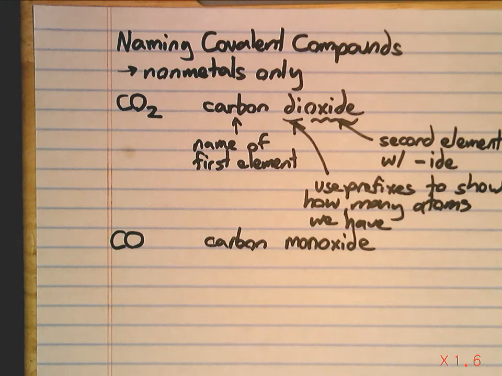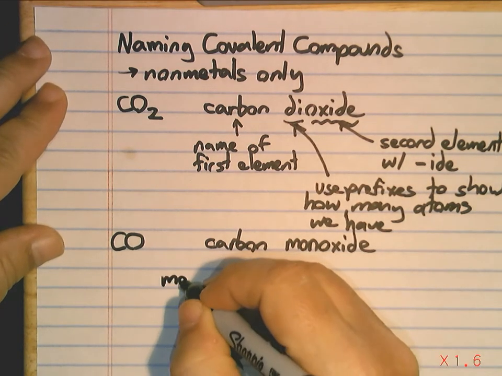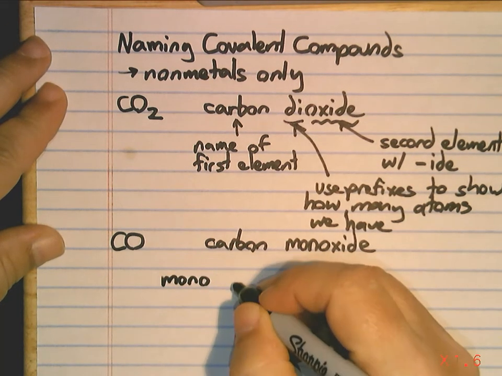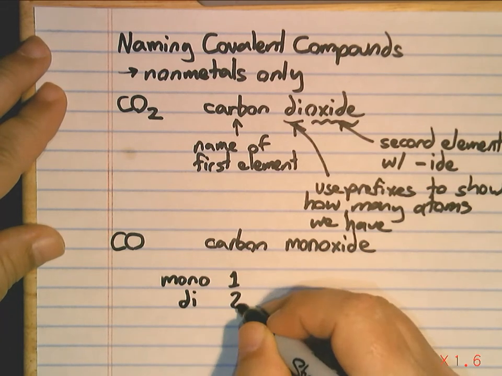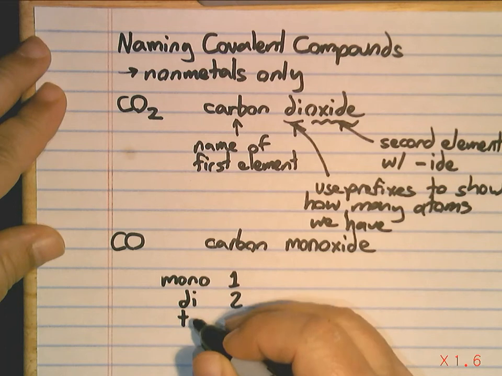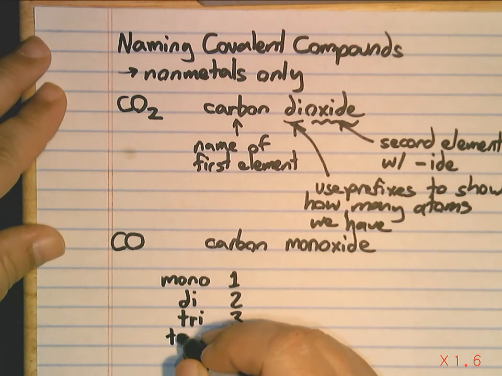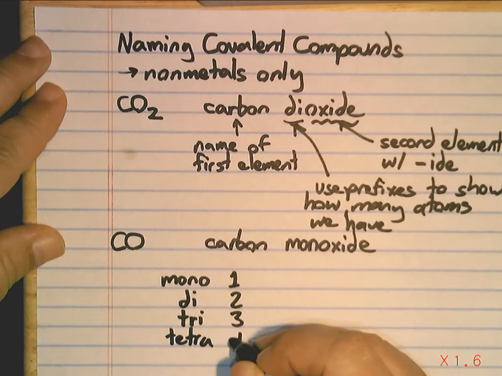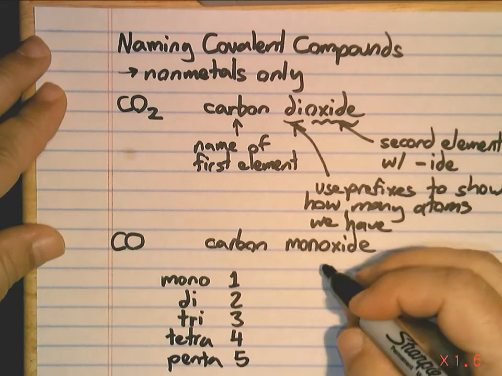It's the same set of prefixes that you use in polygon naming that we're going to use here. So we're going to use mon or mono for 1, di for 2, tri for 3, tetra for 4, penta for 5,